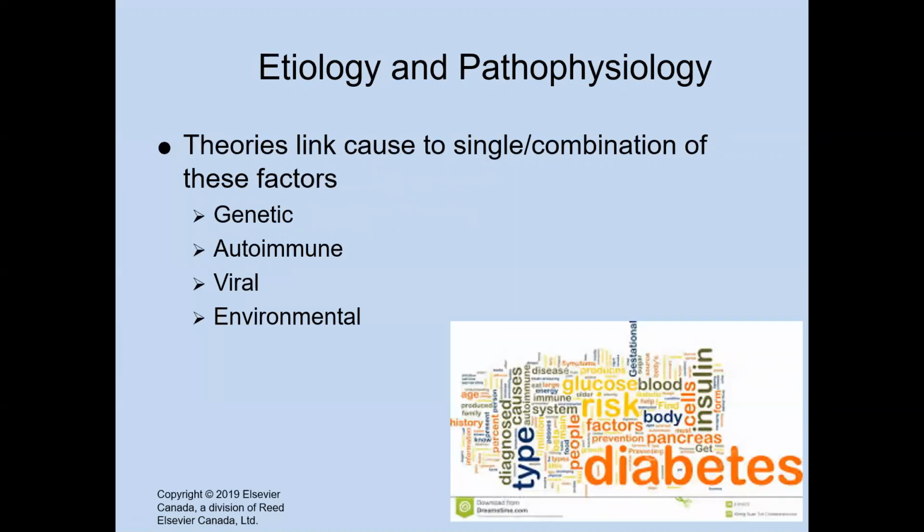Important to recognize that there are theories that try to explain the factors associated with the development of diabetes, but we don't have that complete evidence. Ultimately, what we believe is that there is a genetic predisposition and some kind of exposure to viral infection or an environmental exposure that leads to an autoimmune process by which your body starts attacking itself. In this way it is related to the destruction, in large part, of those islet cells